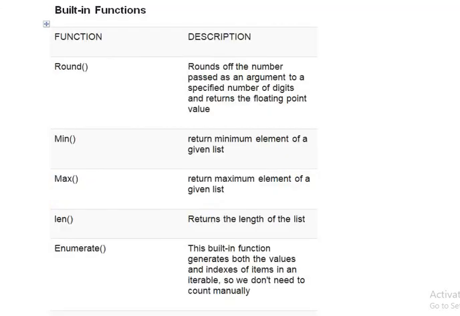So we have various built-in functions: round, min, max, len, enumerate, and etc.